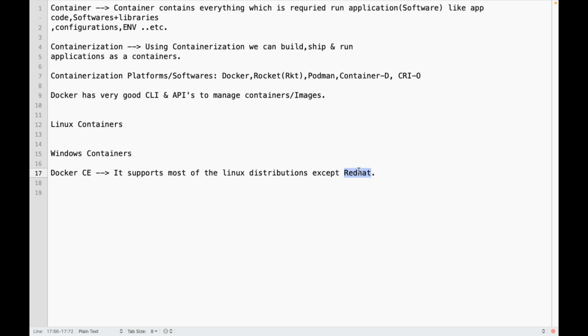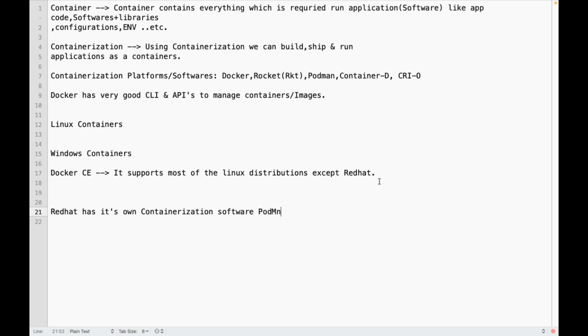And at the same time Red Hat is also not officially supporting Docker Community Edition, because Red Hat is enterprise Linux. Red Hat has its own containerization software. What is that? They have their own containerization software called Podman.